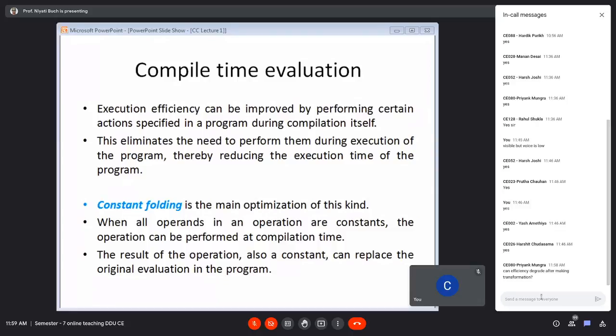Suppose we are trying to replace every occurrence, or we are trying to do so much optimization that we end up putting in a lot of effort that is not really required for our code. It may not make a major difference to the efficiency. So as a whole, we can say that there is a loss in the profit, something like that.